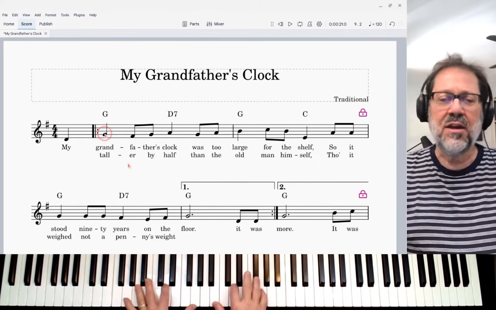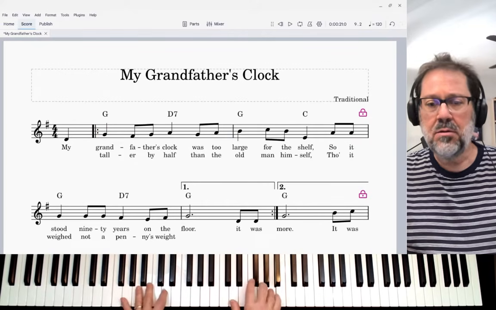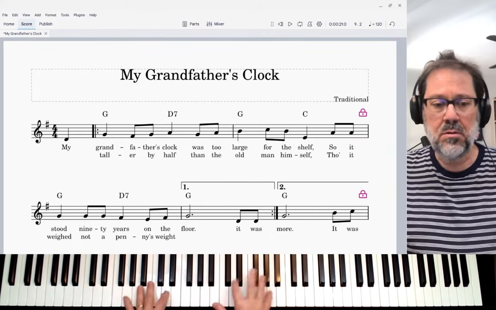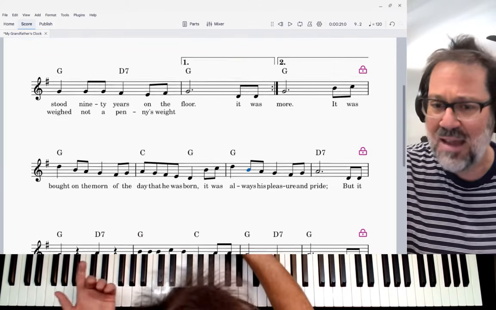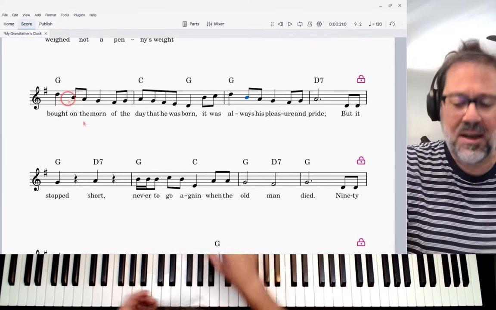So the song goes like this. That is the basic A section of the song. The B section,